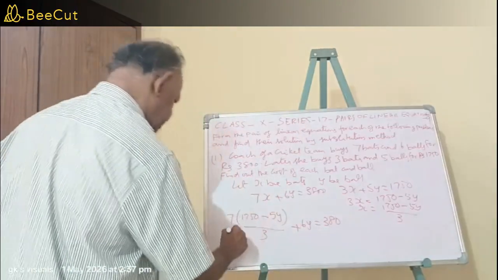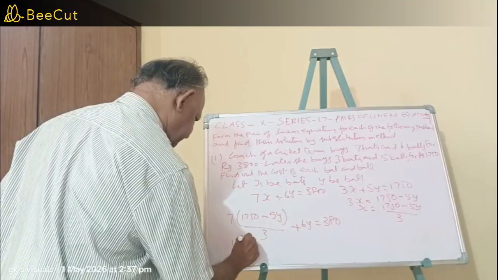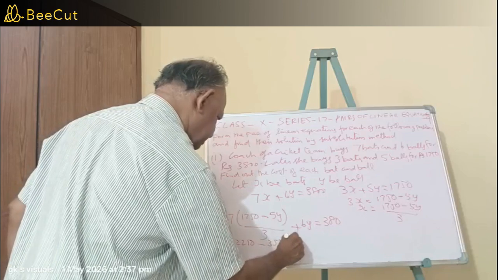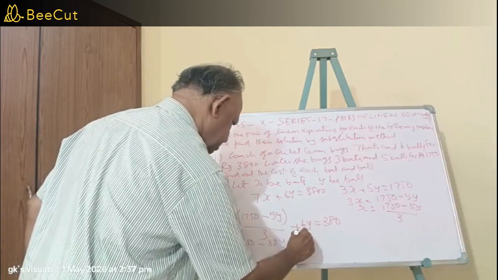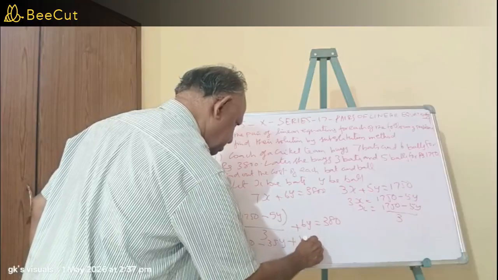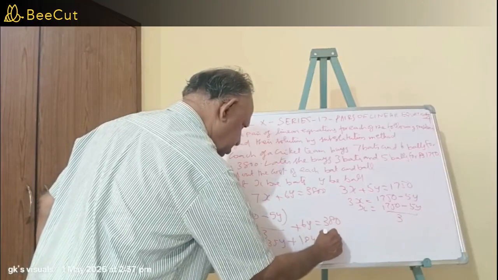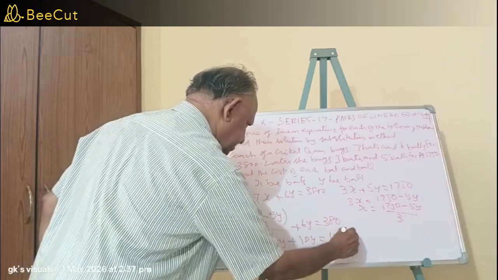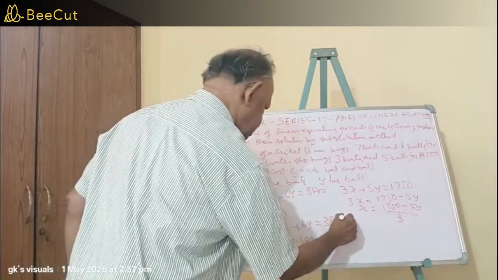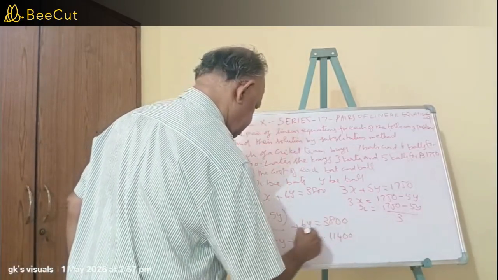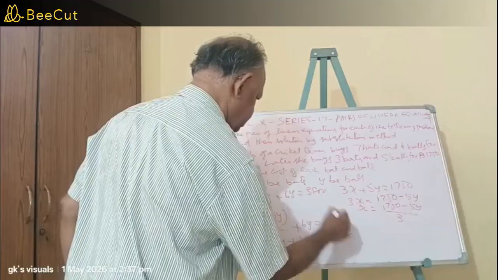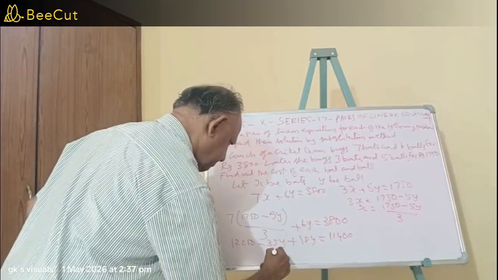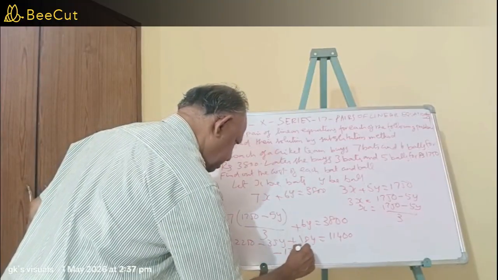If you multiply this, it becomes 12,250 minus 35y, plus, if you cross multiply this, it becomes 18y. This becomes 11,400. Sorry, it is 3,800. 3,800 into 3 is 11,400. Now here it becomes minus 17y is equal to